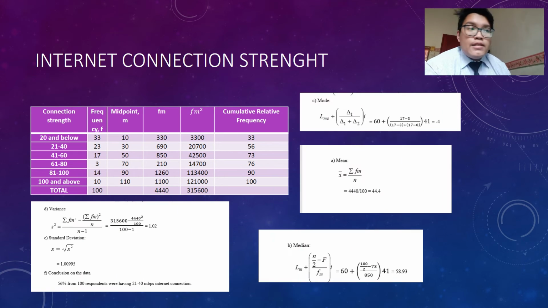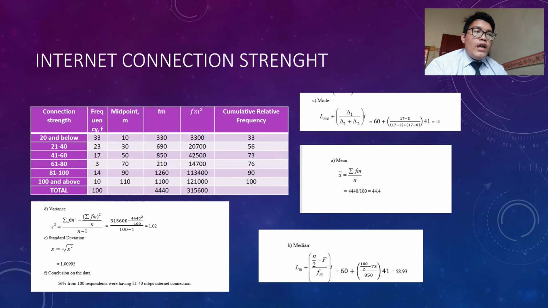For the question on internet connection strength, the table will have 6 columns: connection strength, frequency, midpoint, FM square, and cumulative relative frequency. For the mean, we need to use the formula, which I will include in this video. For the mean we got the answer 44.4, and for the median, we will show you in this video how to count it, and the result we get